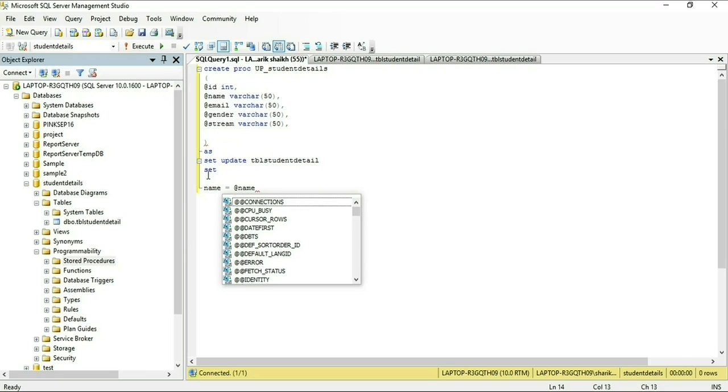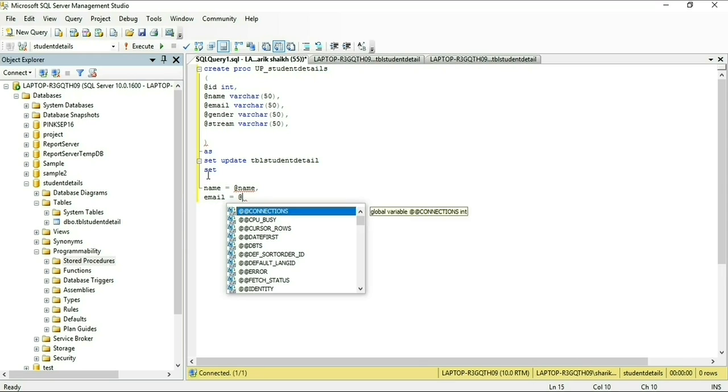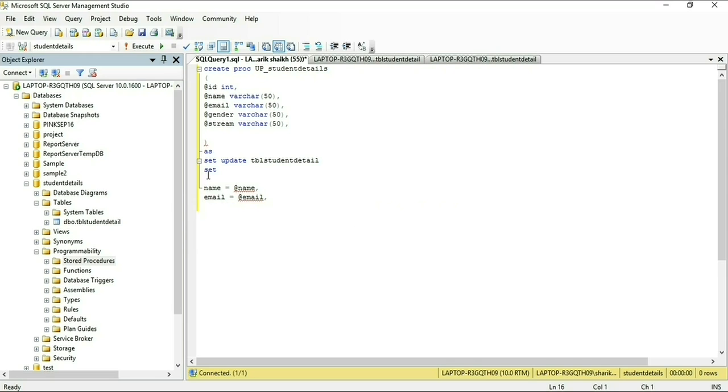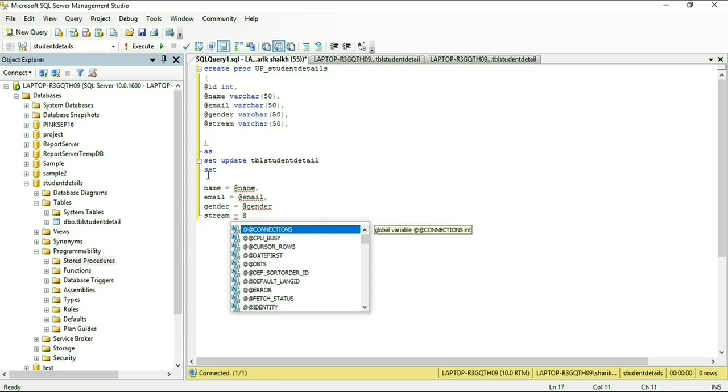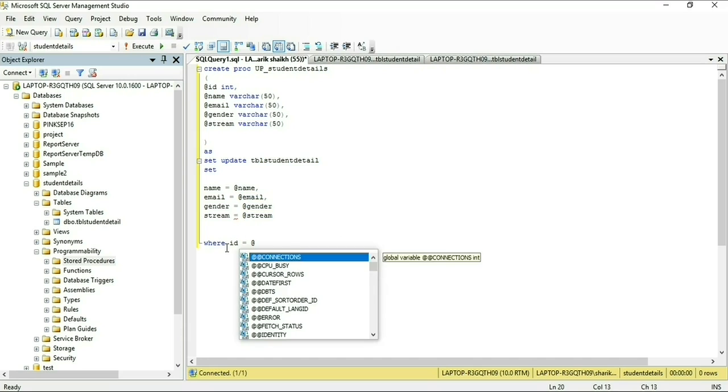Name is our column name, and email is also a column name, and @name is a parameter, our parameters. And give a condition where id is equal to @id.